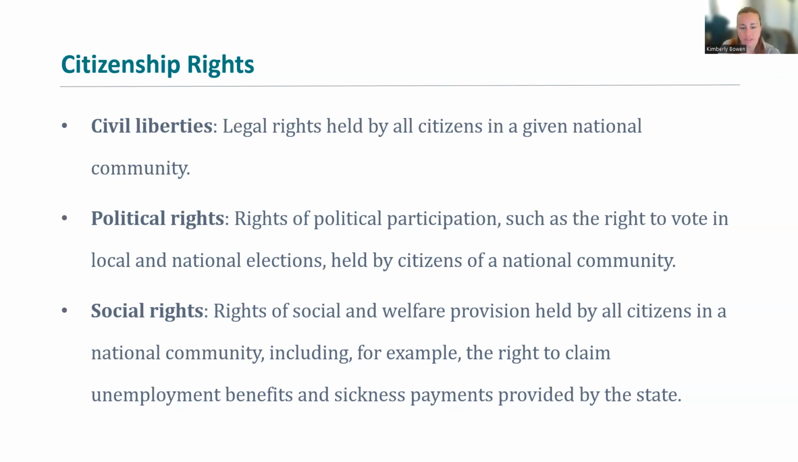And then you have social rights, and your social rights are going to be those that provide you specific kinds of resources related to society. So that's going to be things like unemployment benefits. It talks about in here sickness payments provided by the state. It's going to talk about your insurance when you retire, retirement, Social Security. These are all social rights that happen in the US, but there are social rights in other countries that include healthcare for everybody,